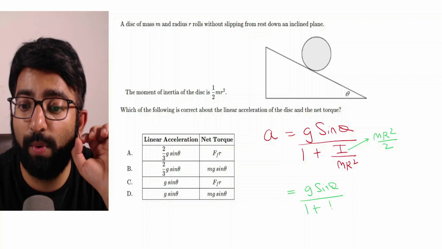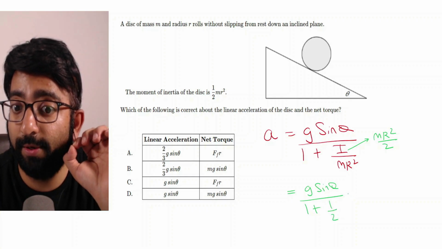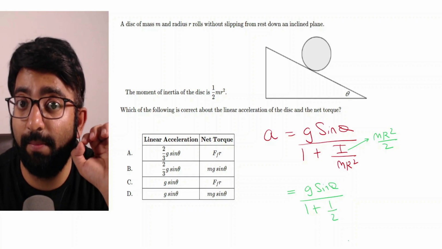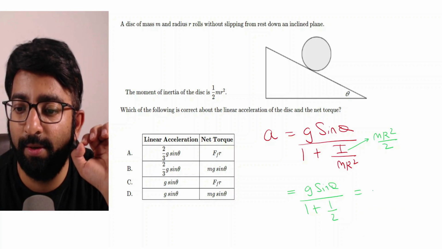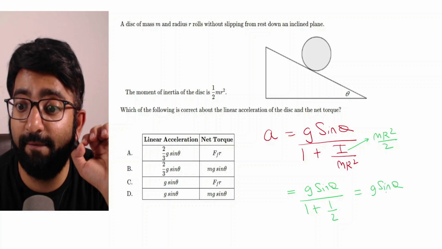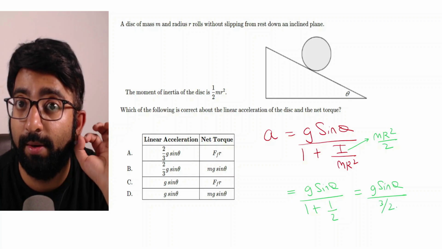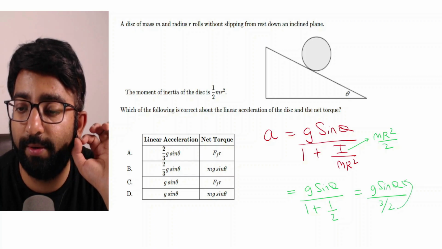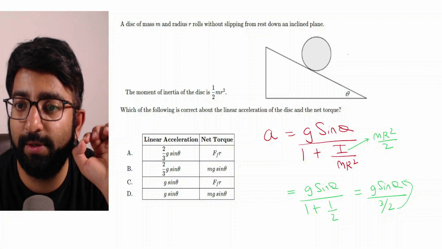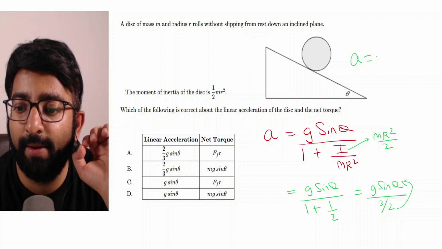We'll get 1 plus 1 by 2 in the denominator. Now the denominator 1 plus 1 by 2 is nothing but 3 by 2. So let's write g sine theta divided by 3 by 2. Now this 2 can go in the numerator. So the final expression for the acceleration, let me write on the top, it will be 2 by 3 g